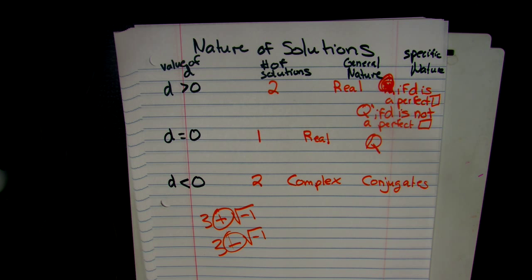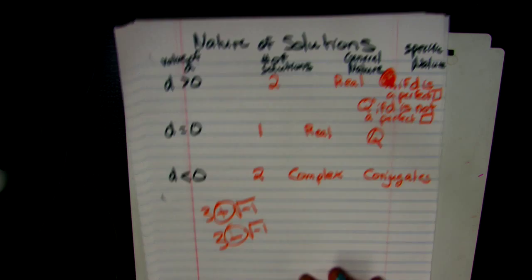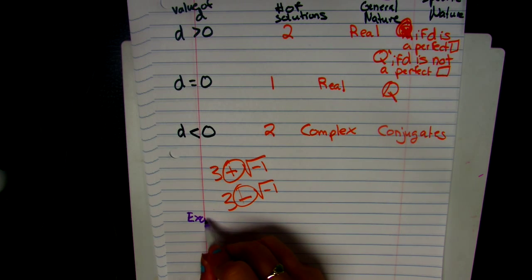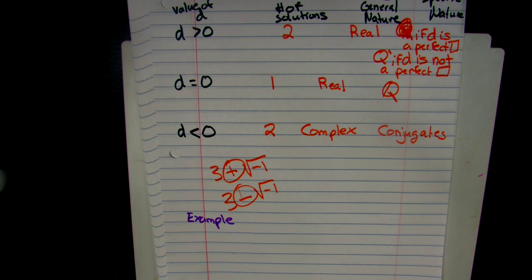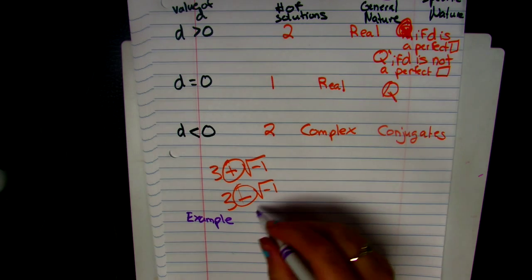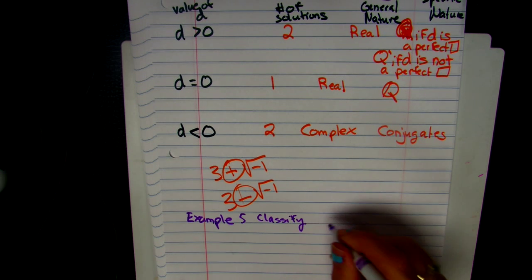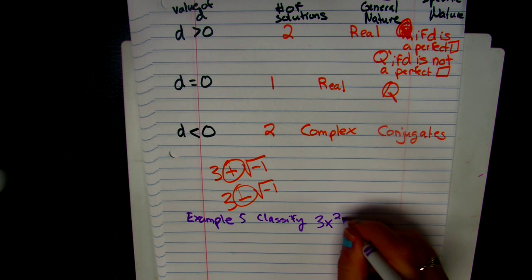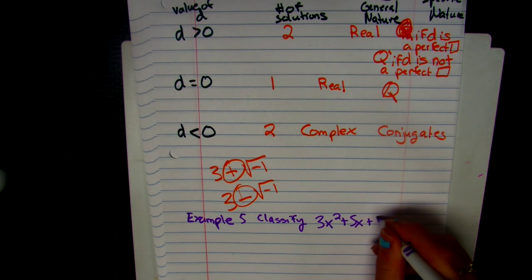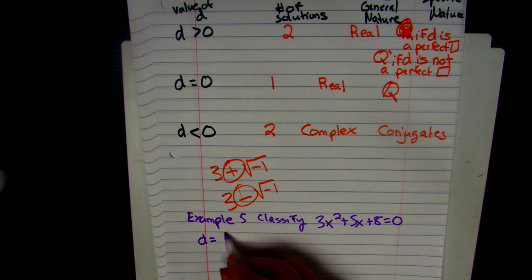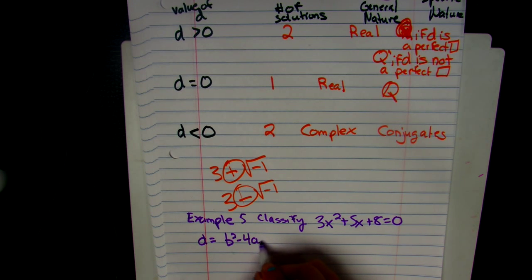All right, so let's do a quick example of classifying a solution. So we're not actually going to try to find the solution. We just want to classify it. We just want to know the number of solutions, the general nature, and the specific nature. So example 5, we want to classify 3x squared plus 5x plus 8 equals 0. So we're going to do the discriminant. Remember, the discriminant is the b squared minus 4ac, the part that's in